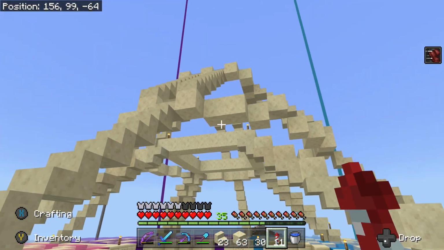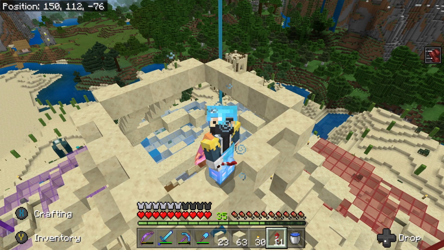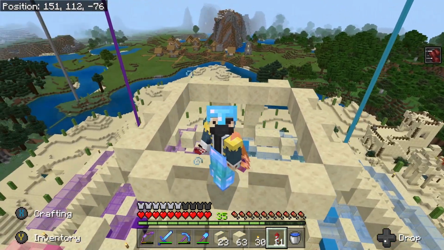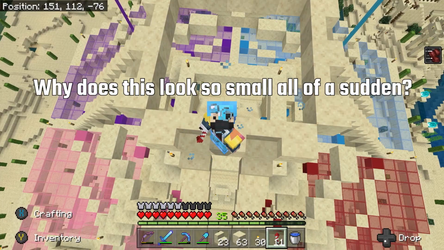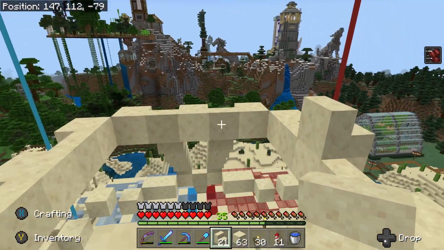Anyway, where do we go from here? Because I tell you what, it's a good question. This still needs to come up to a point. Now that, just as I've said that, so do these... Why does this look so small all of a sudden? Oh, it's because I'm up here and I'm huge. What? Shut up. Do that. And then that would go up to a point, and then we have...